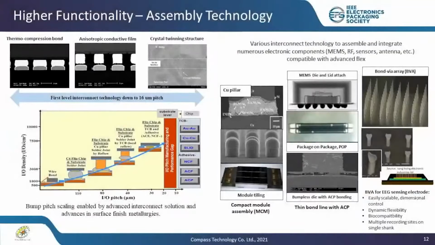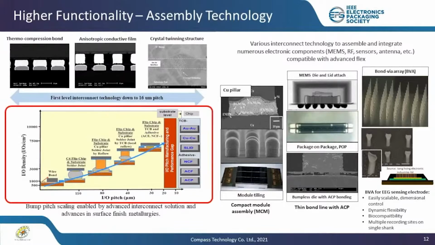Advancement in system-on-flash packaging must come together with the advancement in high-density interconnect. For packaging of home wearables, there is always demand for high-density interconnect between the IC to substrate and substrate to board level interconnect. As you can see, the bond pitch scaling down requires different types of interconnect technology, from copper pillar reflow soldering to diffusion bonding.